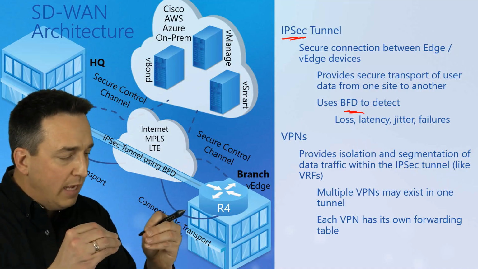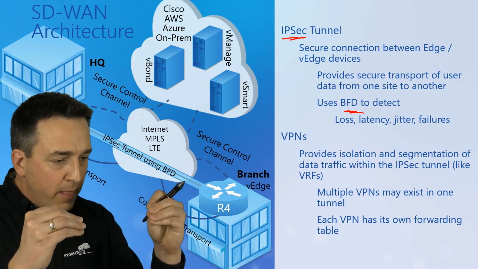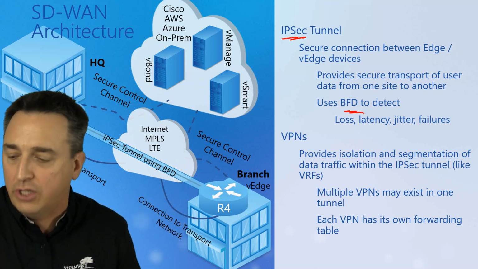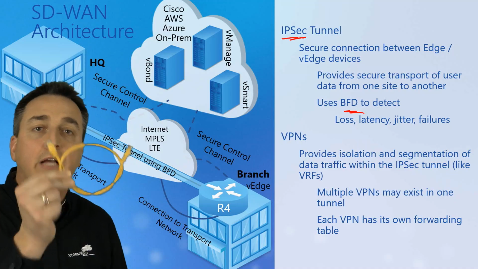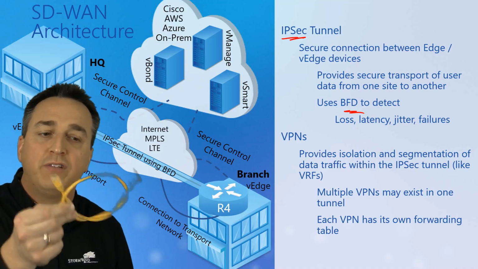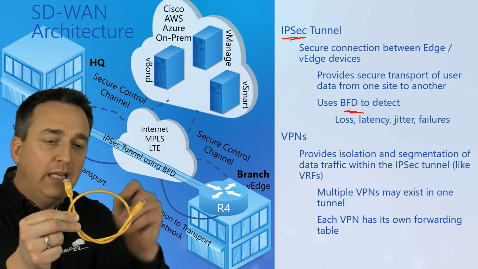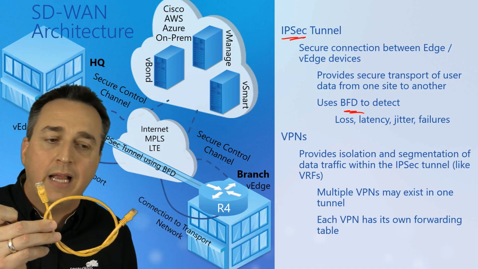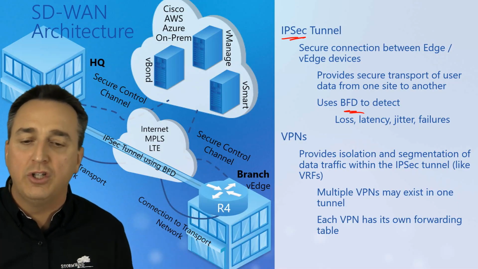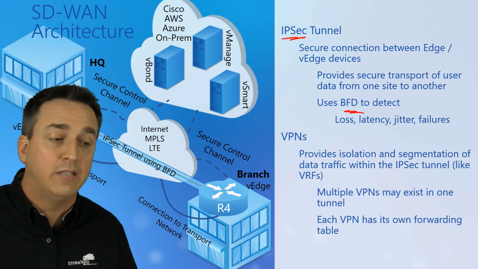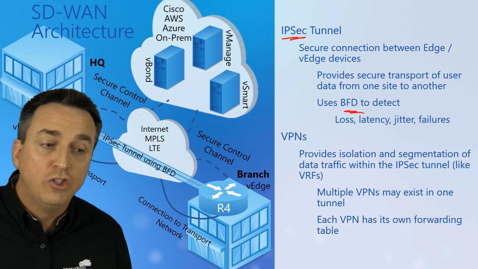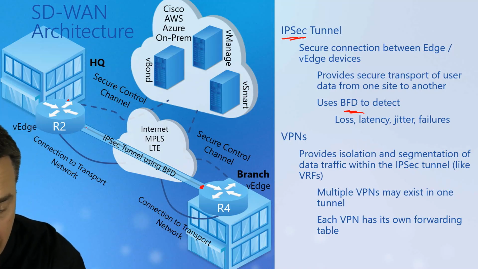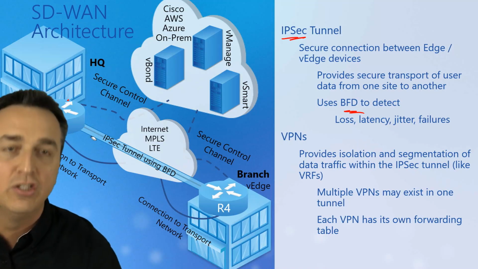So if I had, for example, my router here and my router here, if the interface goes down, or not interface goes down, but if I have issues with that connection, even just across this link, it could take up to 40 seconds for OSPF to make a change. But if I'm running BFD from here to here, we said that we could detect a change within milliseconds, and then OSPF could make its adjustment right away instead of waiting for its dead timer to expire. So we utilize BFD here to what? Make sure that I have a connection from here to here. In reality, okay, it's not from the tunnel.